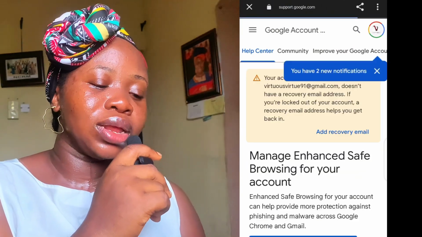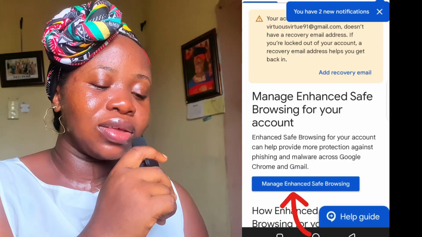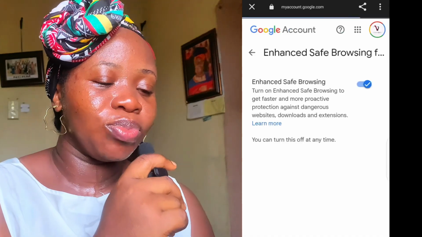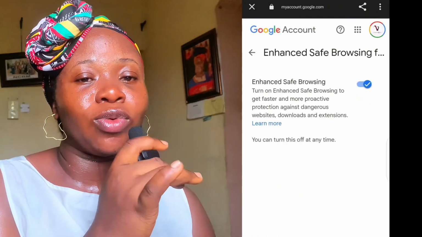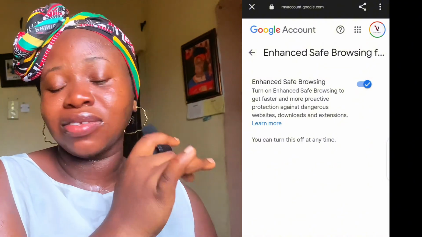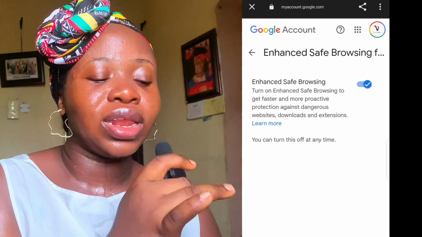Then I'm going to go ahead and click on manage enhanced safe browsing. Now you can see that I have already turned on my own. If you're just coming across this information, chances are you still have yours turned off, right? So please go ahead and turn it on.